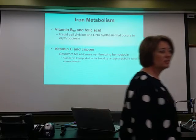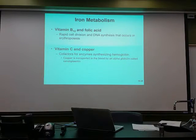Then a couple of other vitamins that are going to help with